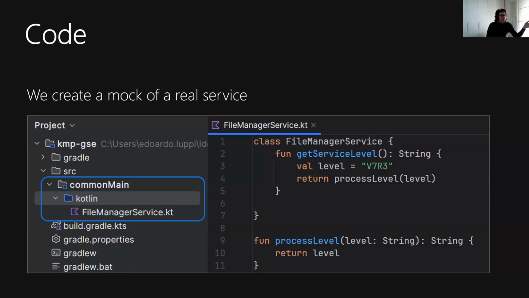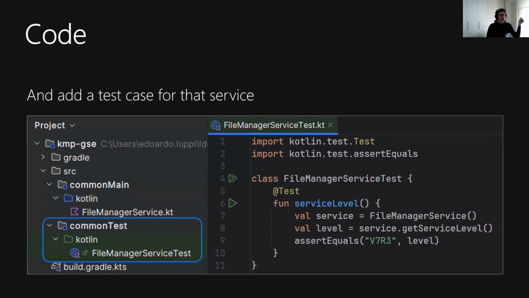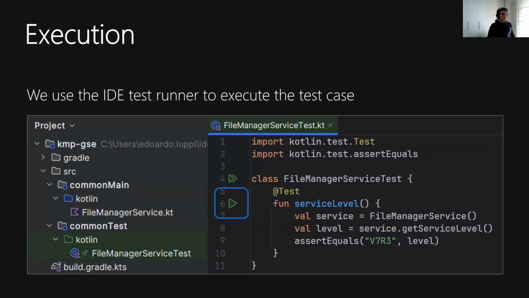Now, if we want to test that code, to execute it so that we can verify it effectively is built for the JVM, the fastest way to do it is to add a test case. And that's how you do it. You add a new class under the common test source set with a test case named service level. And inside of that test case, we simply instantiate the file manager service. We call that get service level method, and we assert the method result. Now, if we want to run it, we can simply click on the IDE gutter runner icon, this one, which by the way is